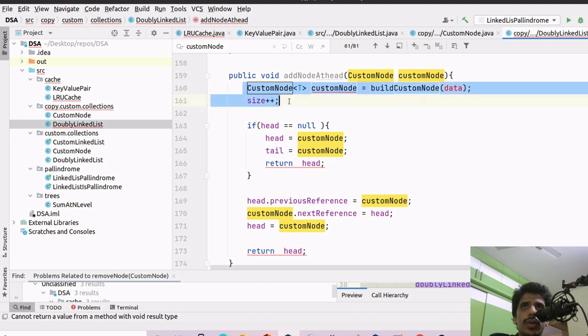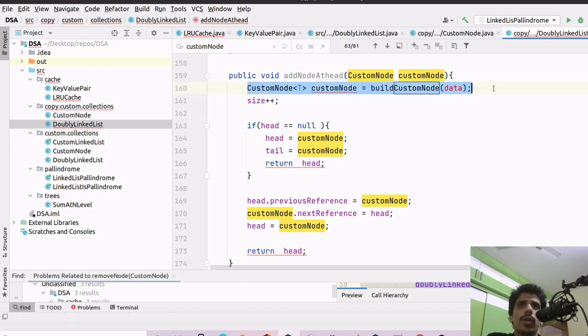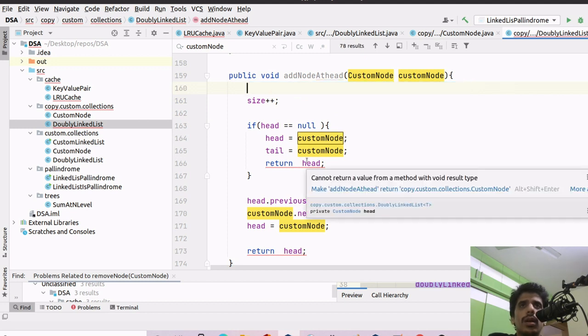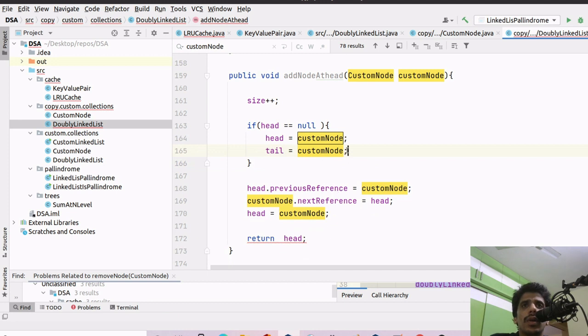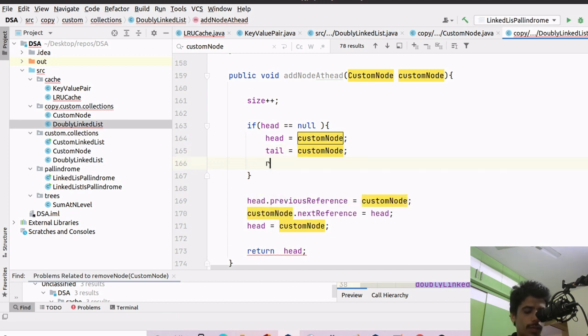No need to define the custom node here. Size should be incremented, that's true. If head is null, add node at the head. So we are returning void, so we'll just put nothing. If just put return,